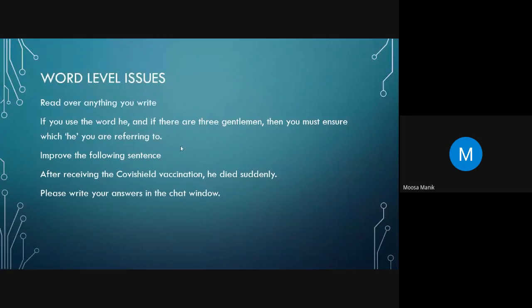So here again, read over anything you write, because if you read it over and over again, it probably will dawn on you after some time. Well, there is something that I don't like about it. There's something that is missing. There's something that I had not actually put right. So this is the reason why when you're given an assignment, make sure that you of course write